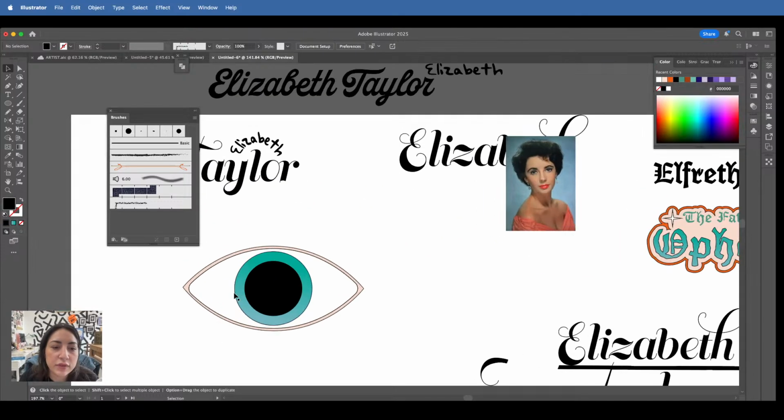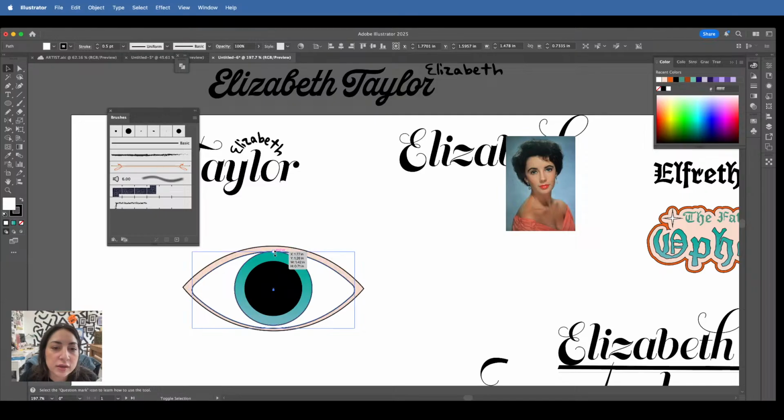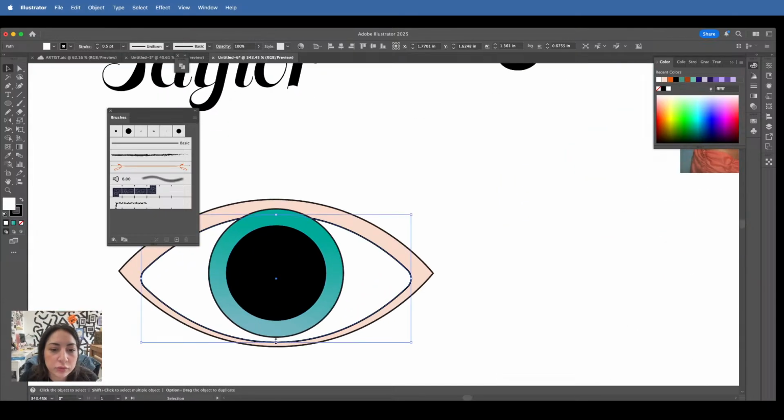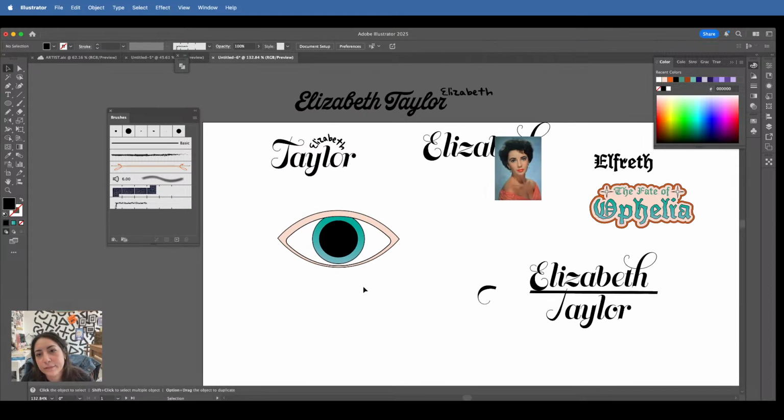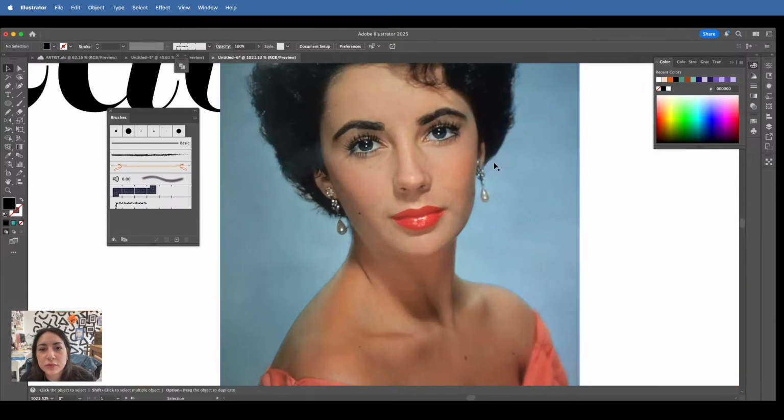Okay, so we have the eye, and you know what? I want to make this stroke a little bigger. And I want to bring this in a little more, maybe like that. And then this can get cut off, I think. Great. We're making progress. We're making progress. She's got the pearls.